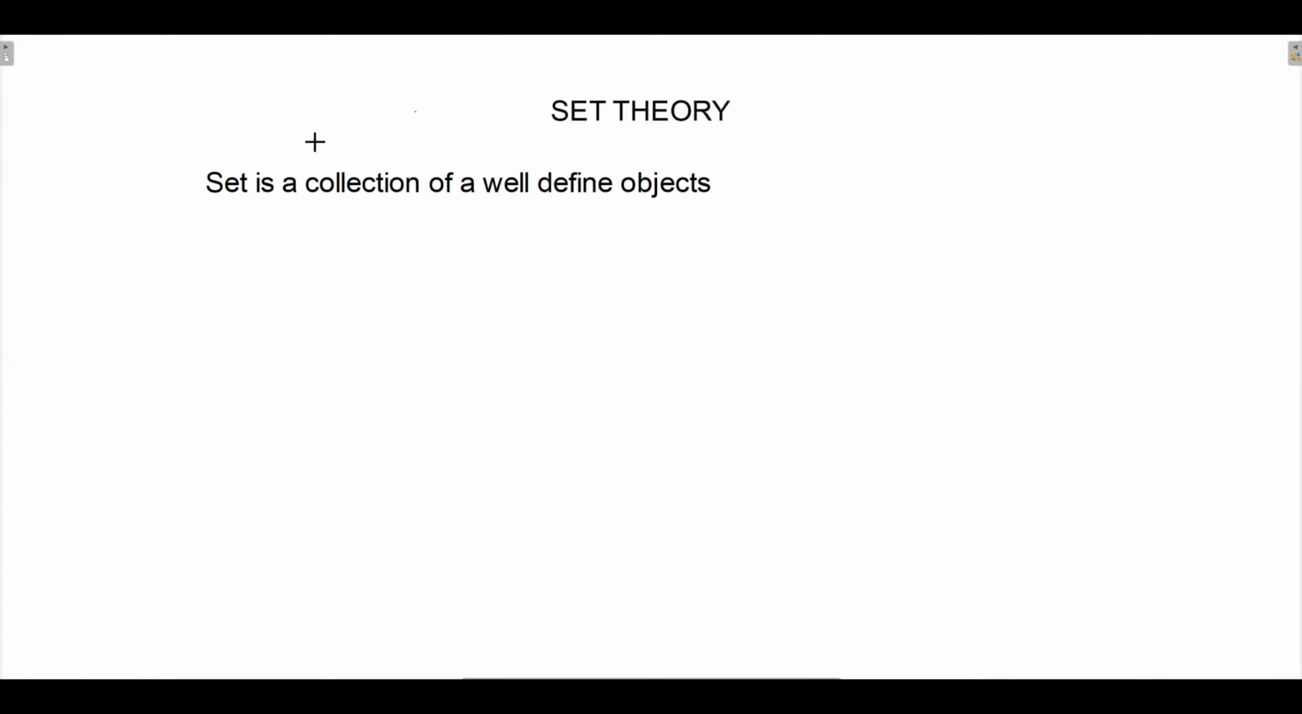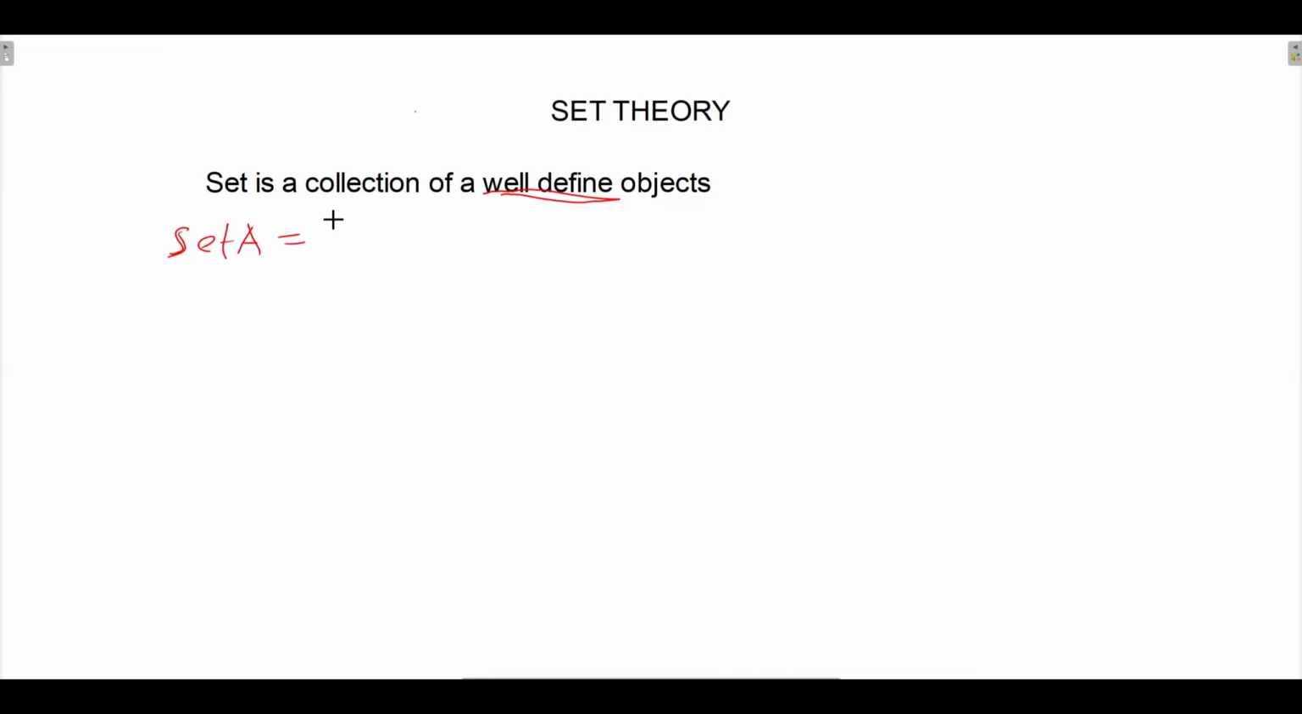From set, we move to a Venn diagram. Now let's begin. A set is a collection of well-defined objects. If the objects are not well defined, then you can't call it a set. So what I'm trying to say is, now if I say set